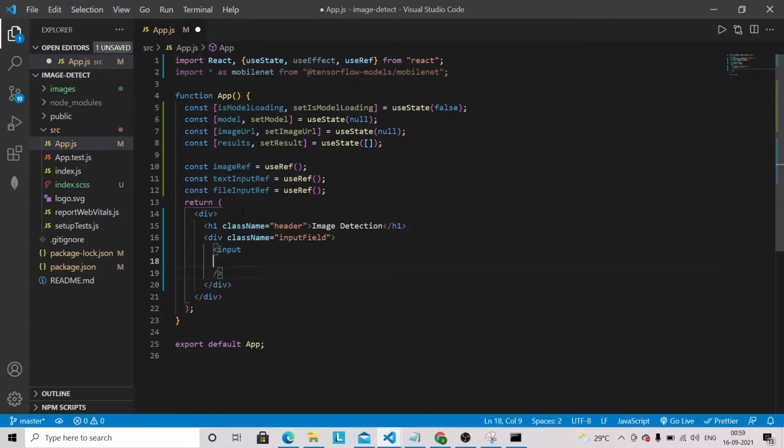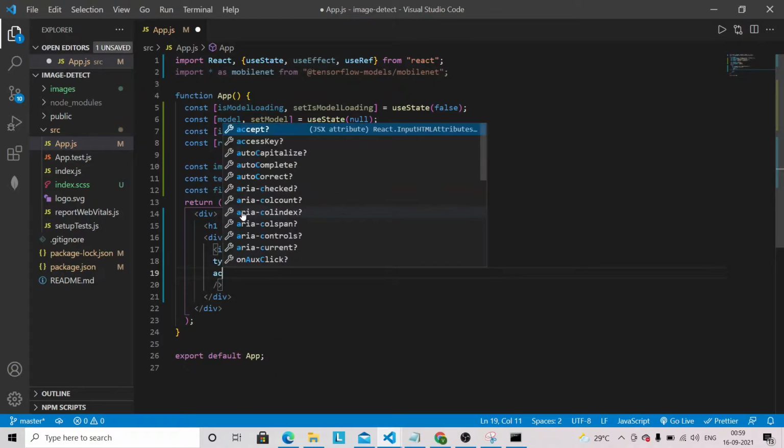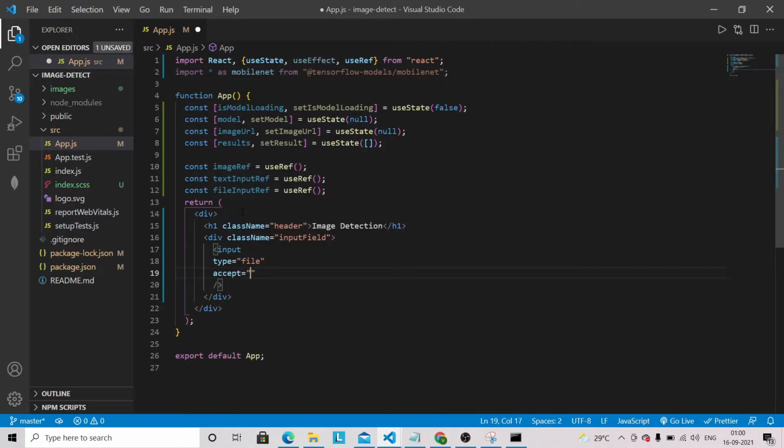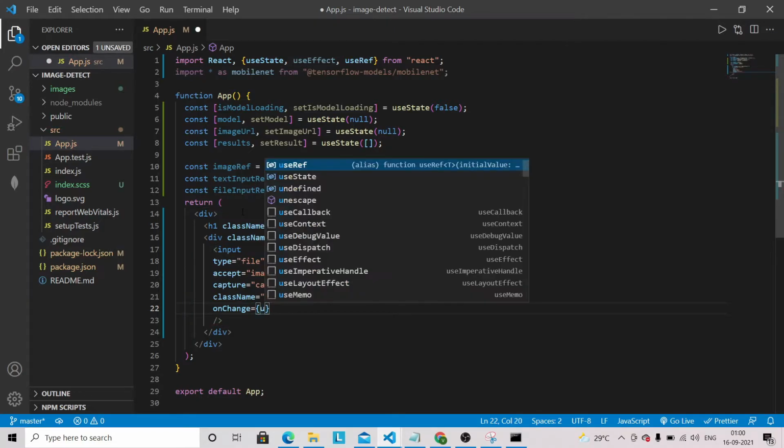and we are going to give the type here. The type will be file, and accept image/*, capture camera, and we are going to give the className here, upload input, and onChange we are going to have one method here, that will be uploadImage.